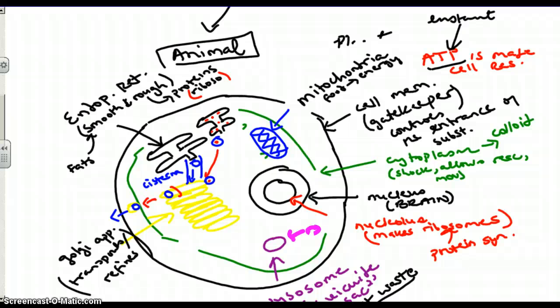Welcome to Learn Biology, and we're still discussing cell parts, and last time we left off on the mitochondria. So what we said is that the mitochondria is the powerhouse of the cell and it is the site of cellular respiration, which creates energy for the cell, and the type of energy is known as ATP, which is instant energy for the cell. However, we have one more part to discuss in the animal cell before we move on